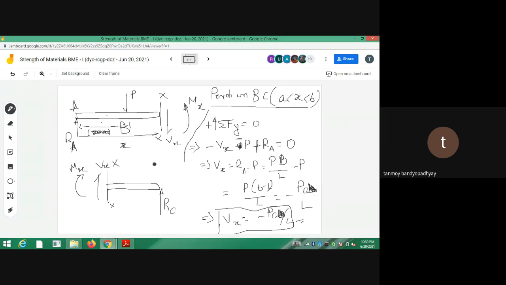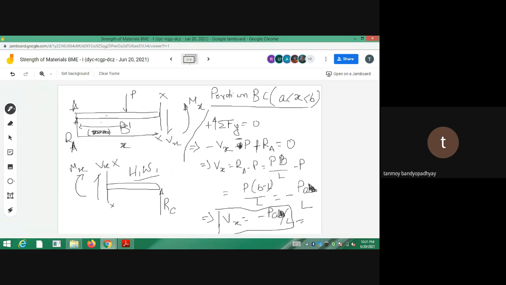ঠিক আছে? So Sir, you just do the right side. So just do the right side things at your home. So this one is your homework. So just do the part BC, do the same calculation for BC, taking the element from the right side. মানে considering the free body from the right side.